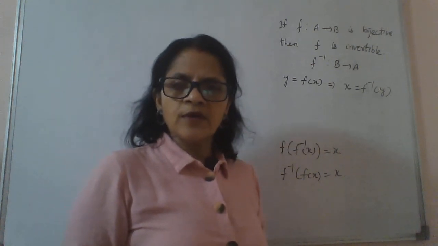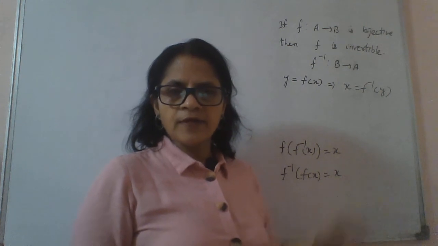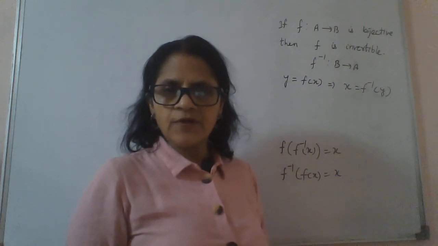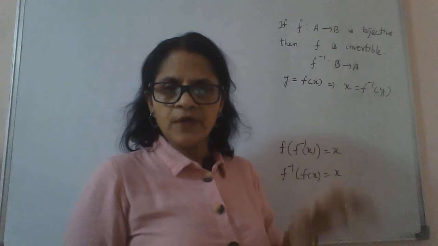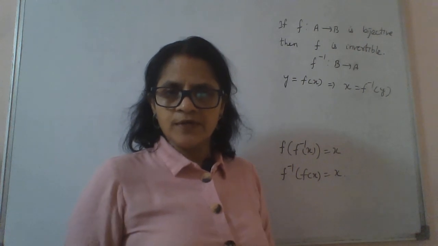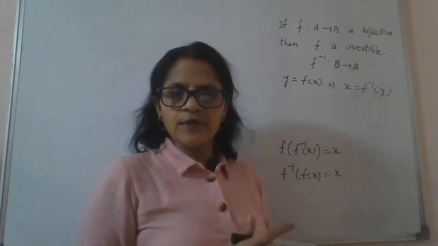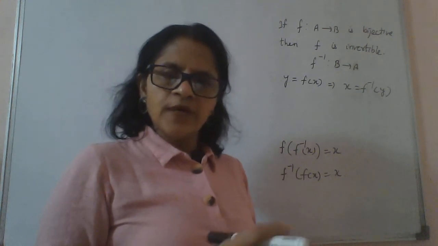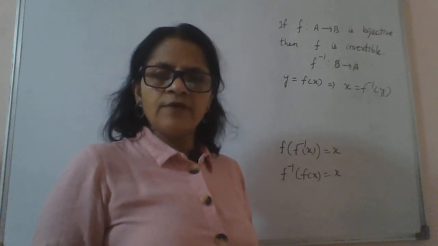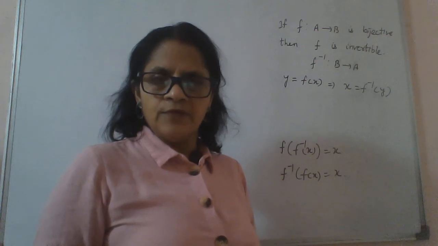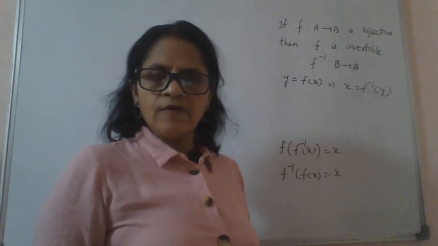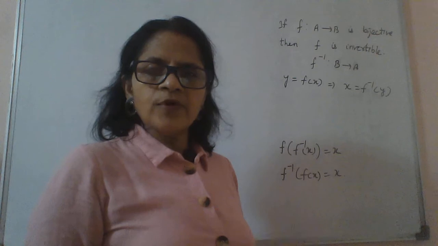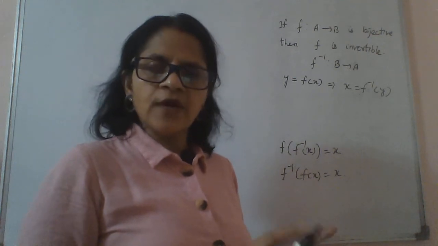Only problem is they are not one-one. Because of the periodicity of trig functions, for many pre-images you are getting one image. As I just gave you an example, sine pi by 6 gives 1 by 2, and sine 5 pi by 6 is also 1 by 2. Similarly, there are many more values. In almost all the trigonometric functions we have the same problem.